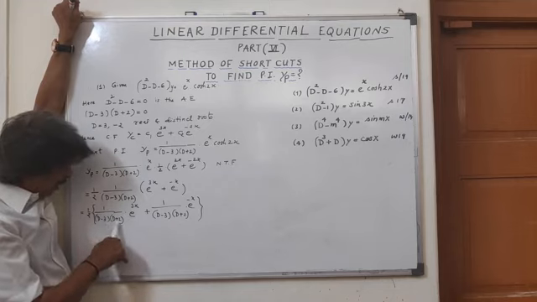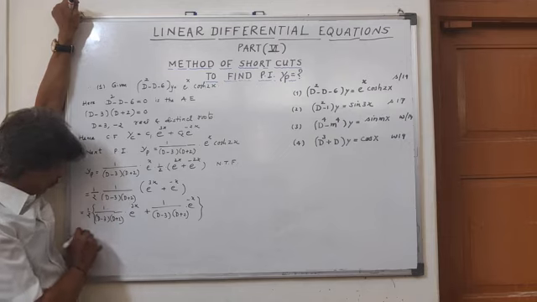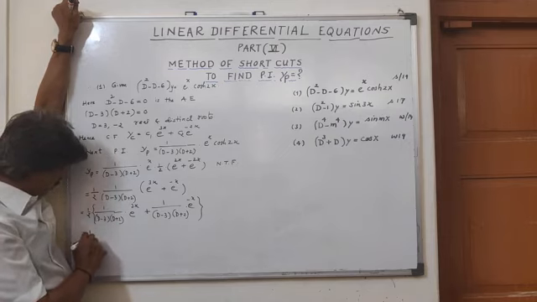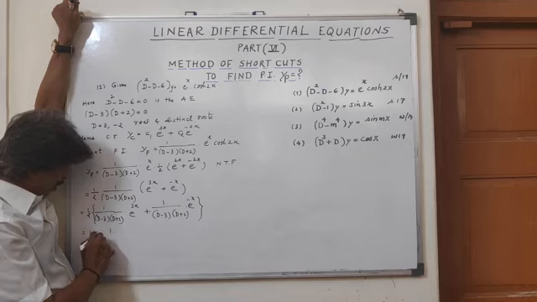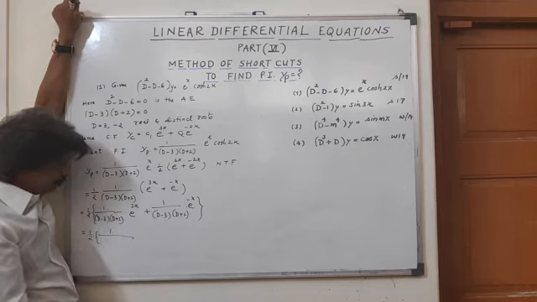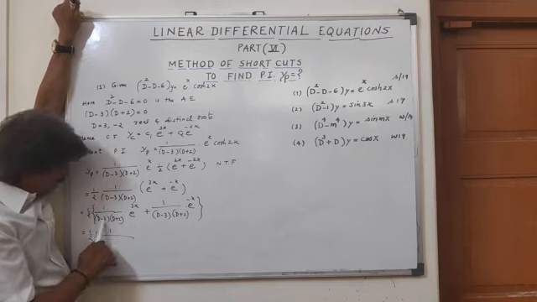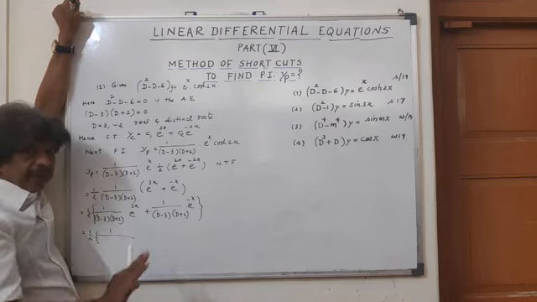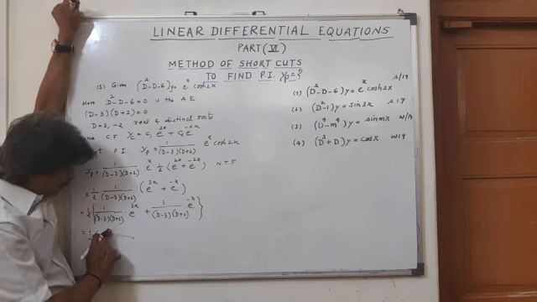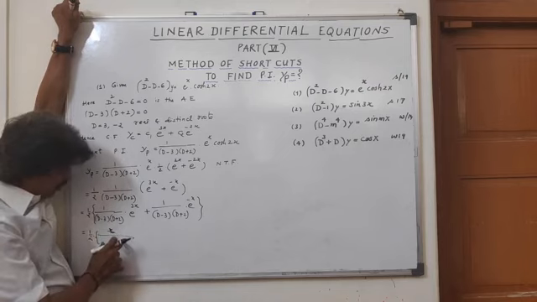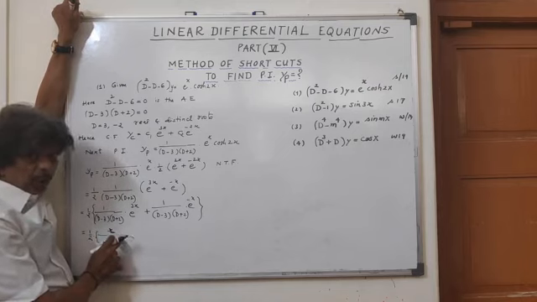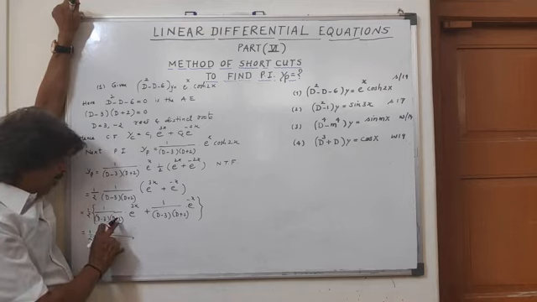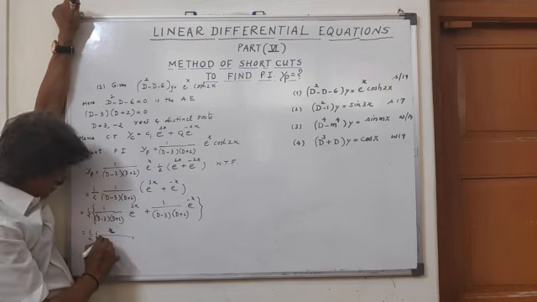Here we will be replacing D by 3. So by the shortcut method, it is equal to 1 by 2 times 1 upon, e raised to power 3x. If D is replaced by 3, 3 minus 3 is 0. So this is a failure case. In case of failure, we multiply by x. After multiplying by x, we differentiate the denominator with respect to D. D square minus D minus 6, its derivative is 2D minus 1.